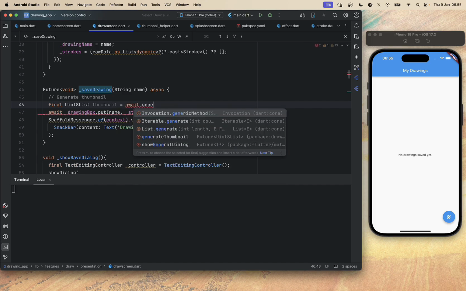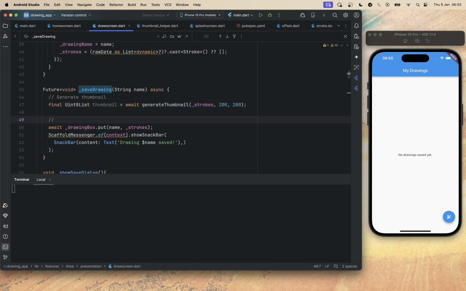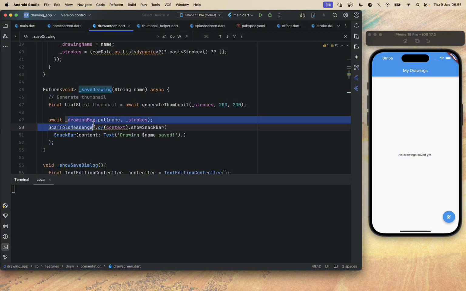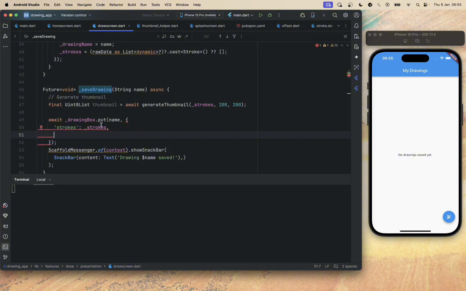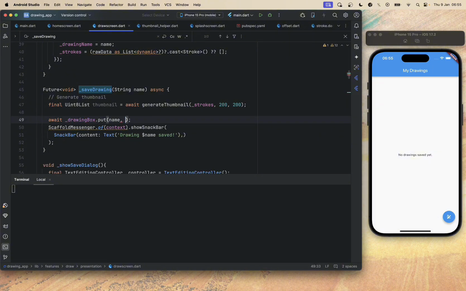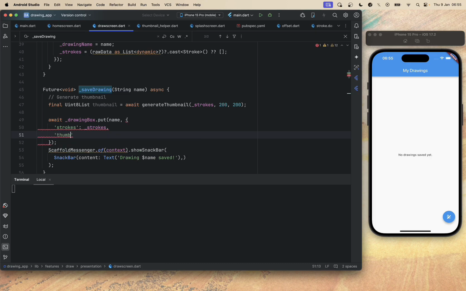So I was looking to just copy paste, but I will just import it very fast. Thumbnail, and we are just going to call our generate thumbnail function that is going to take strokes, and let's set width and height, of course. And here, yeah, we are just going to change it to save the stroke and the thumbnail, because currently we just save the strokes, but we are just going to change this one like this. And now we can call the thumbnail,